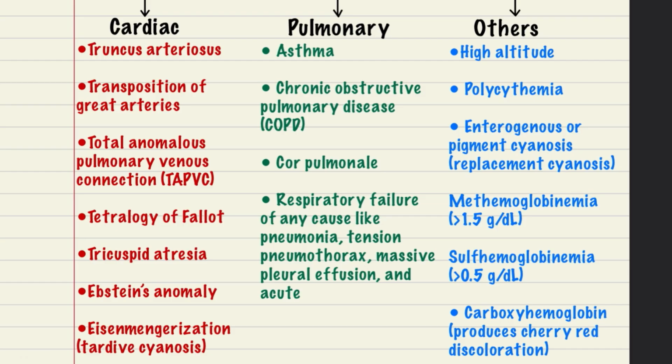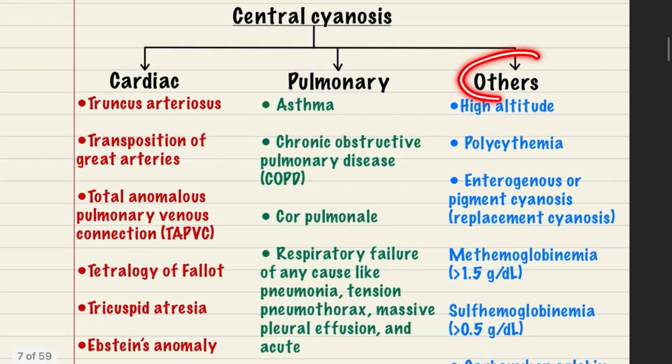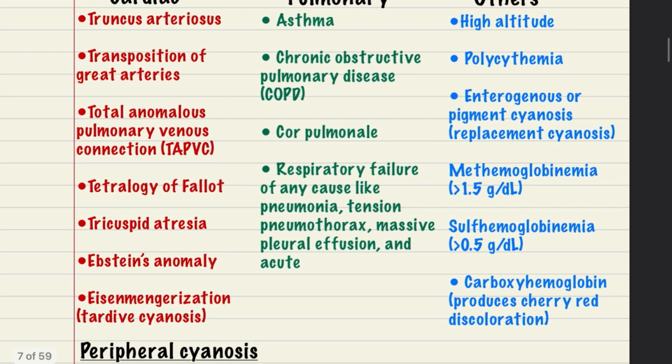Now, when it comes to the pulmonary causes, you have COPD, cor pulmonale, asthma, and respiratory failure of any cause like pneumonia, tension pneumothorax, massive pleural effusion, and acute causes also. Then we have some other causes of central cyanosis like high altitude polycythemia, and endogenous or pigment cyanosis due to some endogenous chemicals like methemoglobinemia, sulfhemoglobinemia, or it could be carboxyhemoglobin also, which causes the